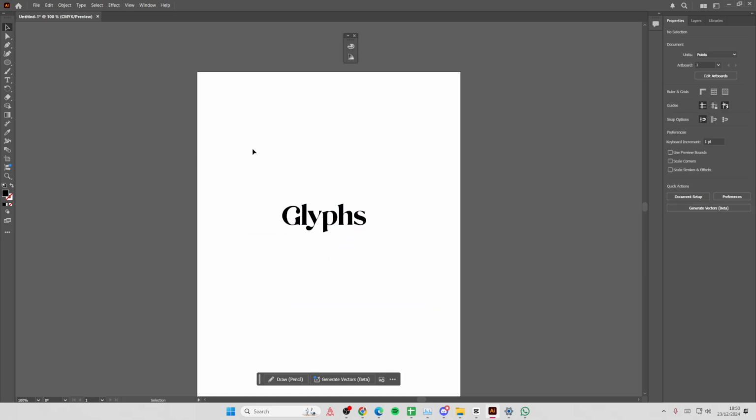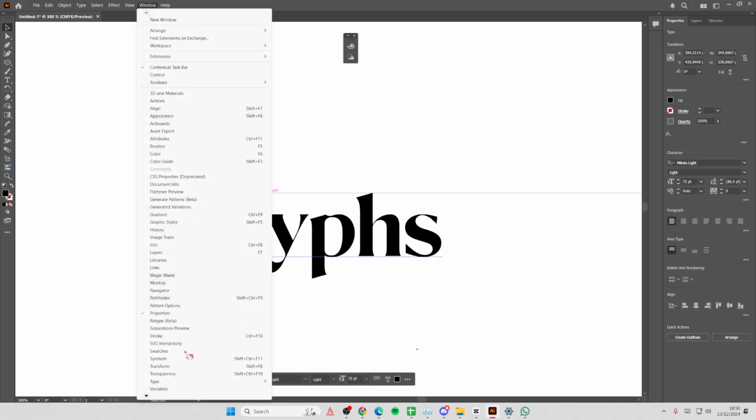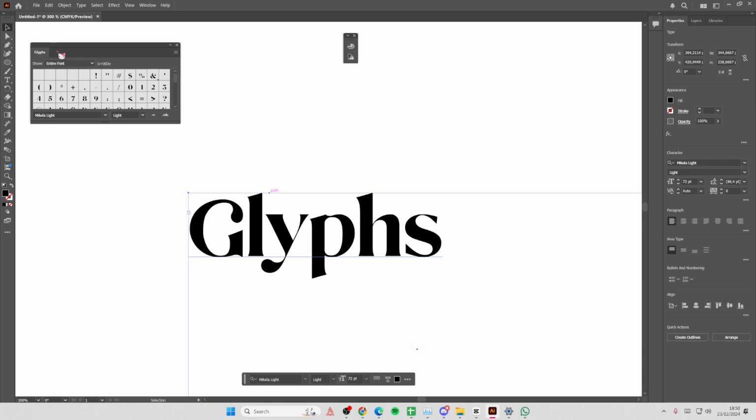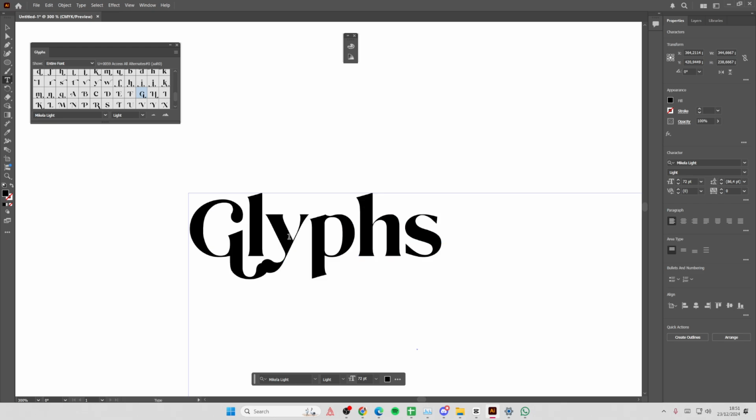Okay. I'm just going to zoom in and then let's go to the Windows section, go to Type, and you are going to go to Glyphs. Now you are going to see that there's a bunch of glyphs for this font here if I scroll a little bit down. So let's see, for instance, I want to add the glyph to the G, so I'm just going to select G, then I'm going to select this one and it's going to replace it with another, well,